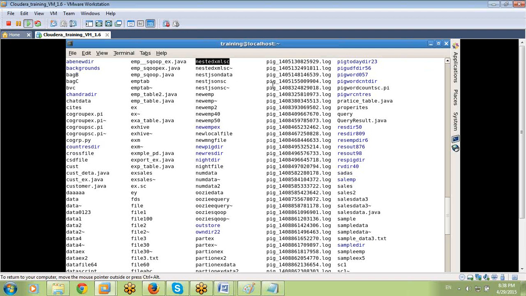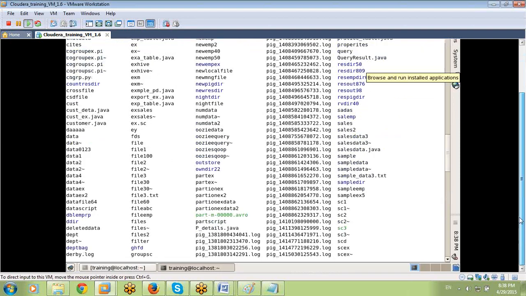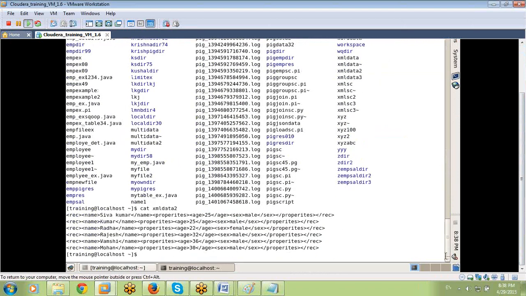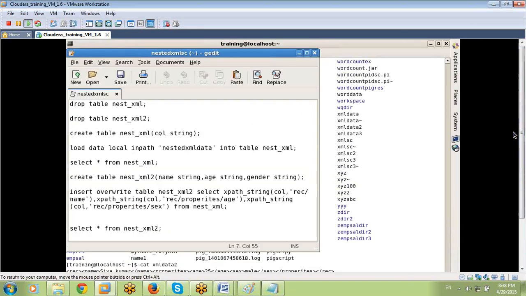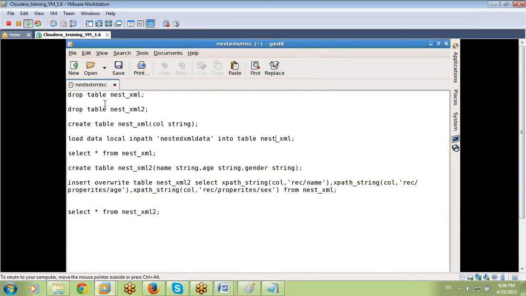Nested XML, yes. This is my script that I created. First drop the two tables, create table name, load data local inpath.